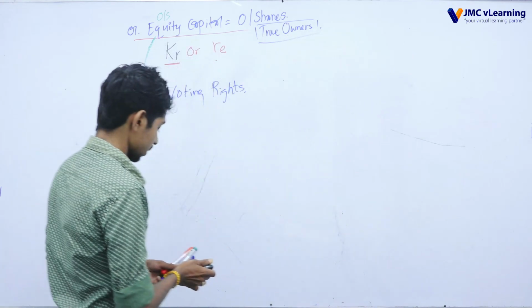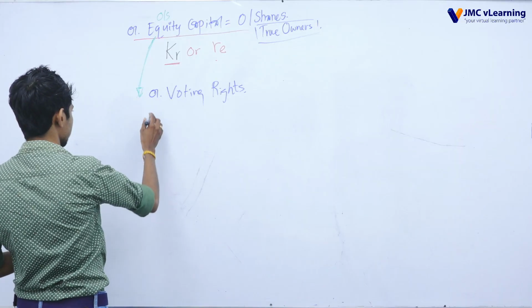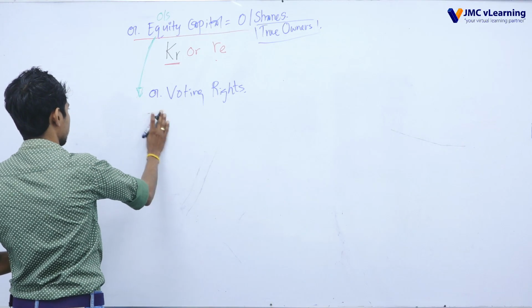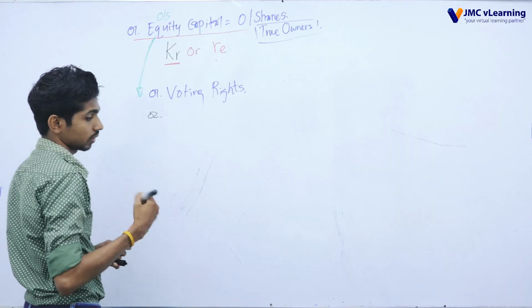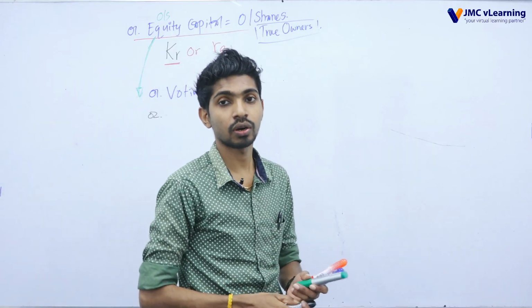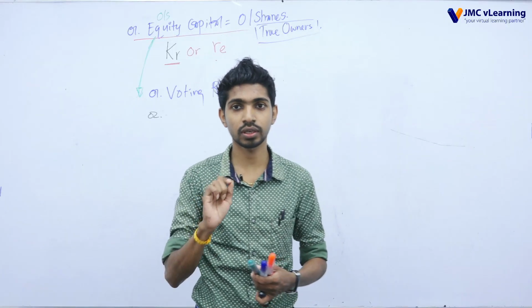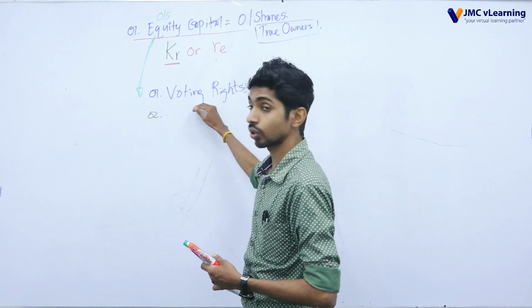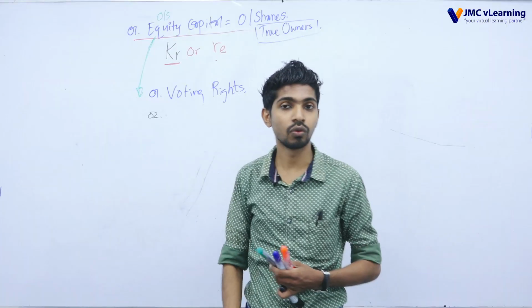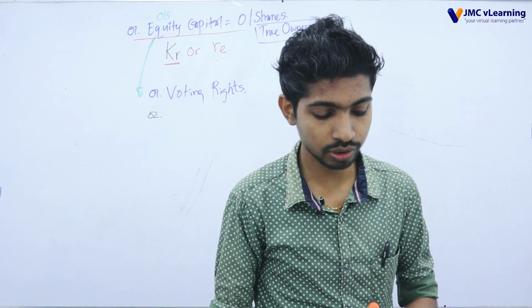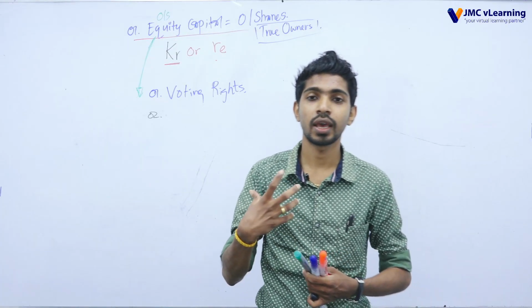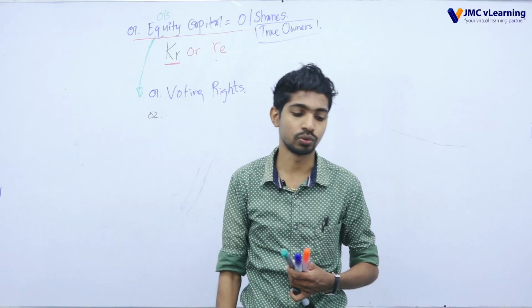Second one. You can make a note, and I will also provide some tutorials on this topic. You can go through, highlight the relevant areas and make a short note using this method. Voting rights means the ordinary shareholders have voting powers too.